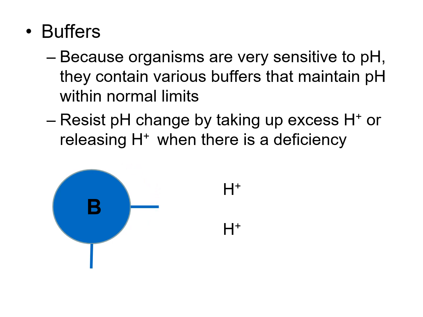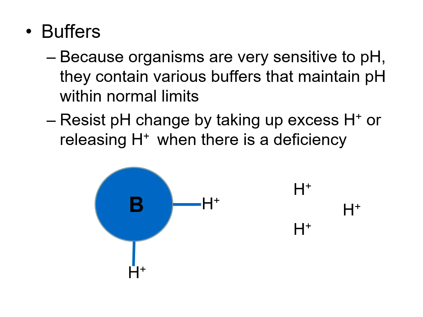So let's say there is a sudden increase in hydrogen ion concentration. So this is going to move pH down lower, below the normal range. So we have an excess concentration of hydrogen ions. How does the buffer work? Well, in a situation where there are excess hydrogen ions, the buffer is going to come in and pluck some of those hydrogen ions out of solution. So now we have a pH that is much closer to the normal range. It's not perfect, but it's much closer to the normal range than it otherwise would have been.